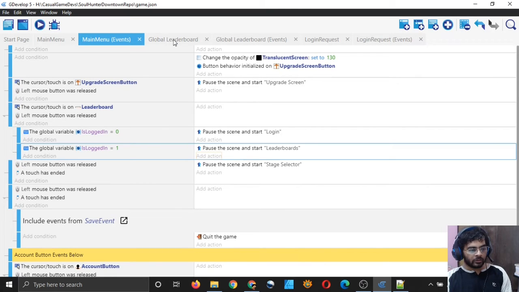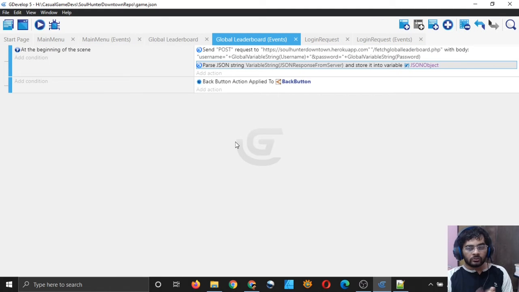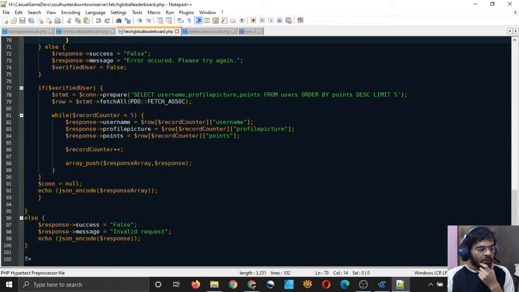Now when they are logged in, then only they will be allowed to view the leaderboards. So now we are sending the request to the server, okay, in our global leaderboards events, and we are receiving something from the server. So let's see in our server code what actually we are receiving.